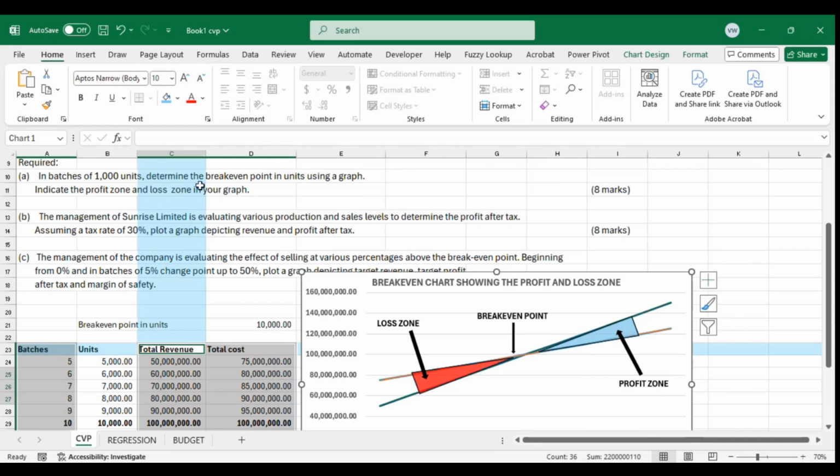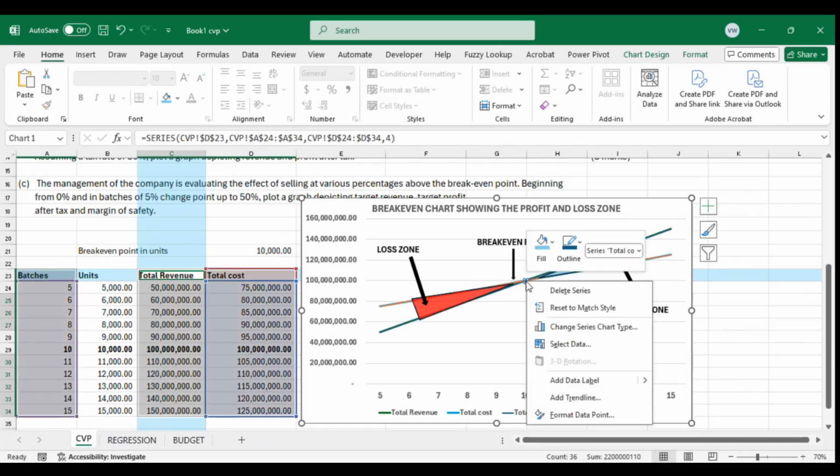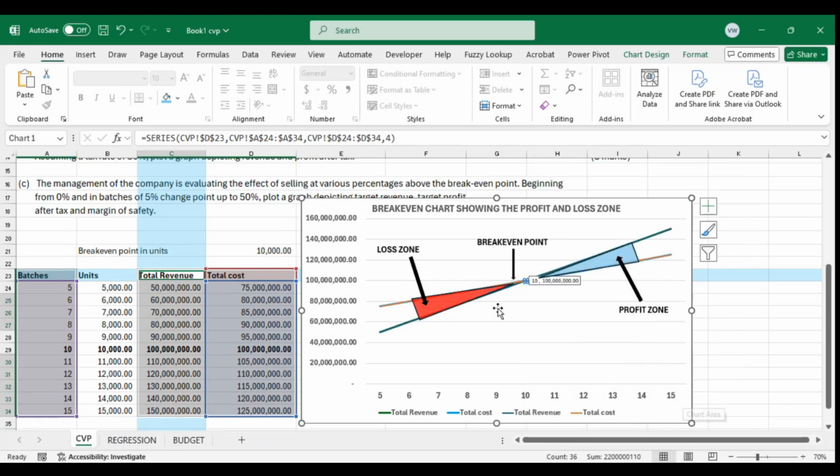Remember, our question was to determine the break-even point in units and in shillings using a graph. And we know that this is our break-even point. So we can add labels to it so that we can see that that is the break-even point. And you can see the break-even point is where the company produces 10,000 batches and it has